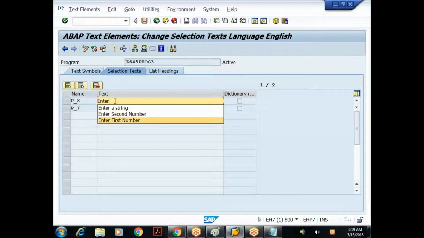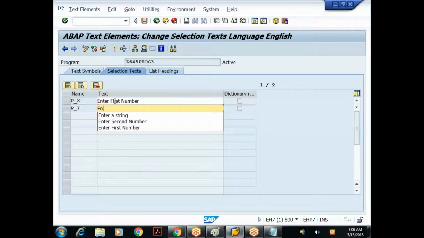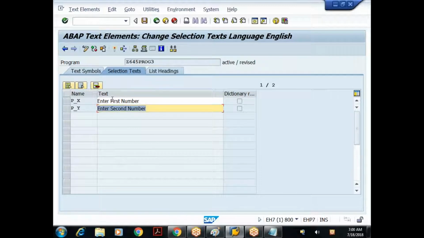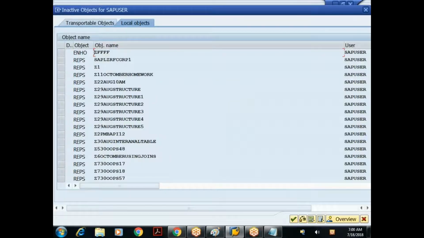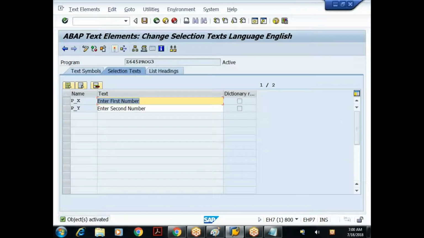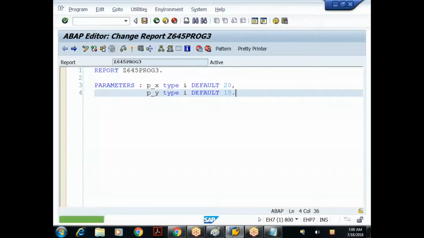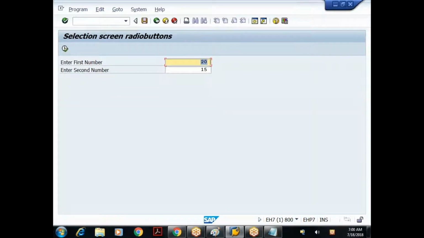So I'll give the description as a meaningful description. Enter first number and enter the second number. Done. So when I activate, done, I'll go back, activate this, execute. Done. I got the meaningful text, but my requirement is here, when I go for selection text, okay, I got